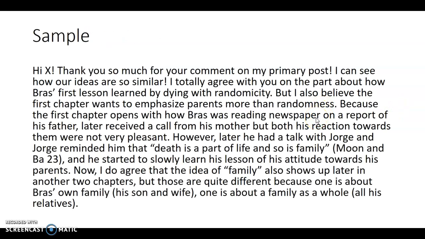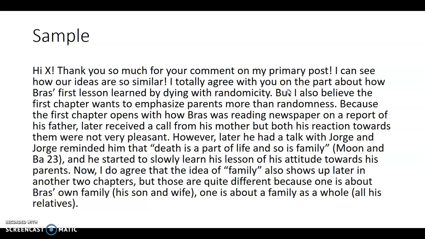So this is the same person as earlier, responding to a response. So let's see, she starts, hi, X. Now, it wasn't X, not Professor X. We didn't have X-Men gracing our presence. Thank you so much for your comment on my primary post. Wonderful. Acknowledging the effort that someone else went to. I can see how our ideas are similar. Great. Noting the similarities. I agree with you on this part, and then you'll see this transition word, but, however,